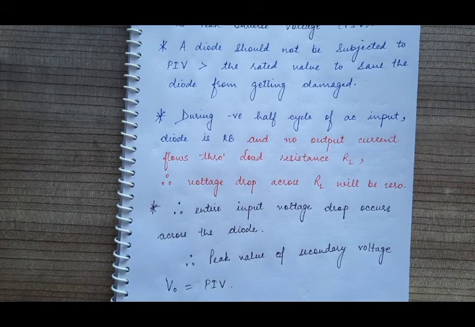Next we will discuss voltage regulation. What is voltage regulation? Voltage regulation means the regulated output voltage, or the specific output value of the voltage, is maintained with the variation in the load resistance. Means if you are varying the load resistance, even then your output voltage is maintained at some desired level. That is known as voltage regulation.